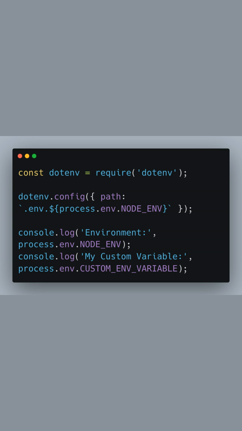To load environment variables from a file, we leverage the dotenv package. By calling dotenv config and providing a specific file path, which includes the current node_env, dotenv reads and assigns these variables to the process env object in Node.js. We then log out the current environment and the value of our custom variable to confirm they are being loaded